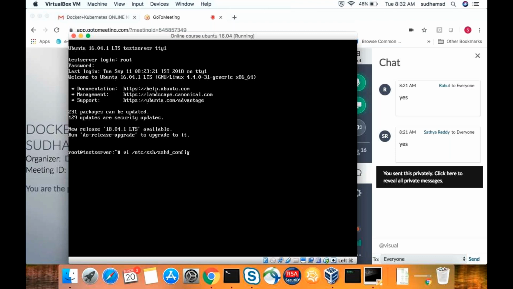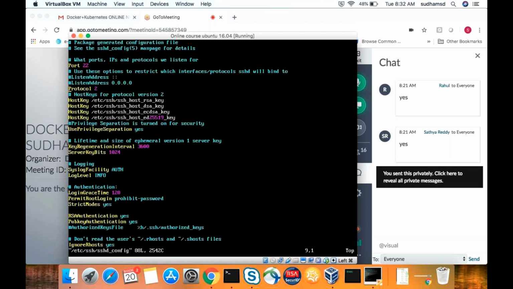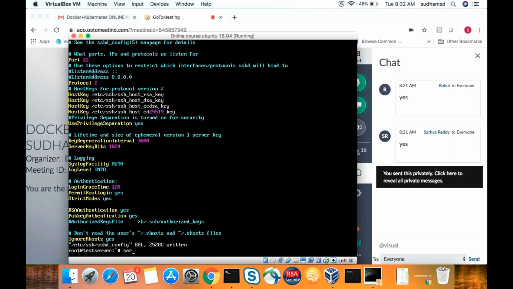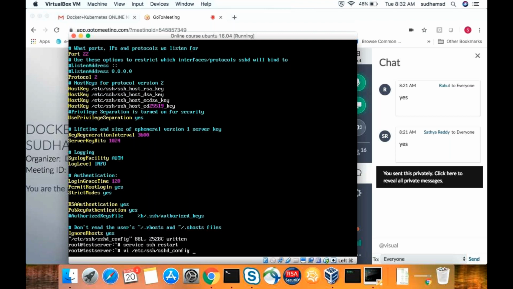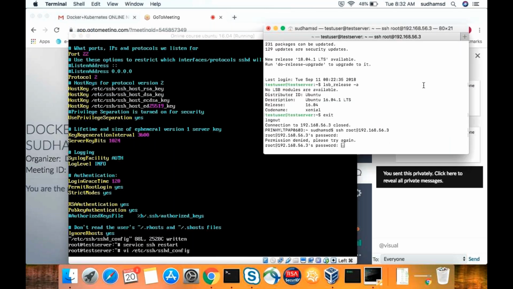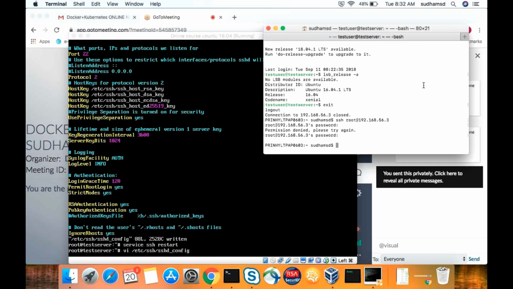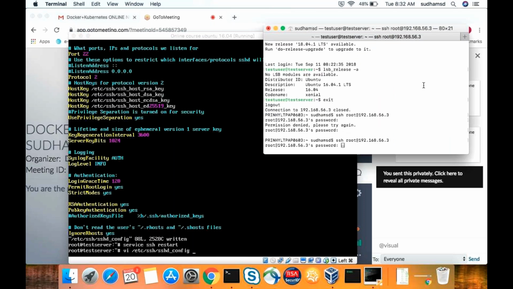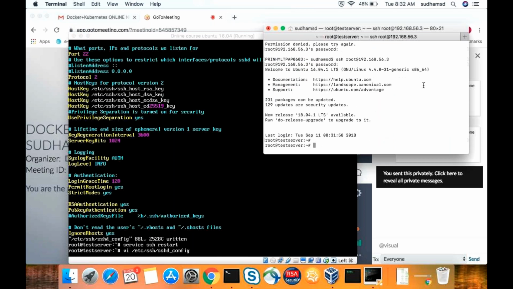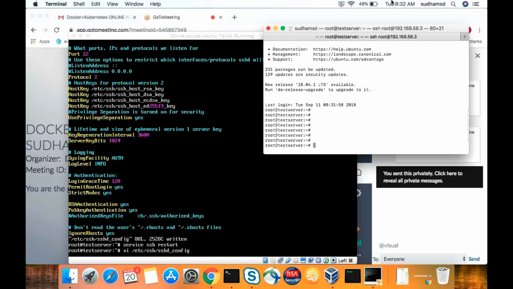Go to this particular line, change PermitRootLogin to yes, then save the file and come out. Restart the service: ssh restart. Once it is done, go back to your terminal, cancel this one and re-enter. Now you are logged into your Linux machine directly.